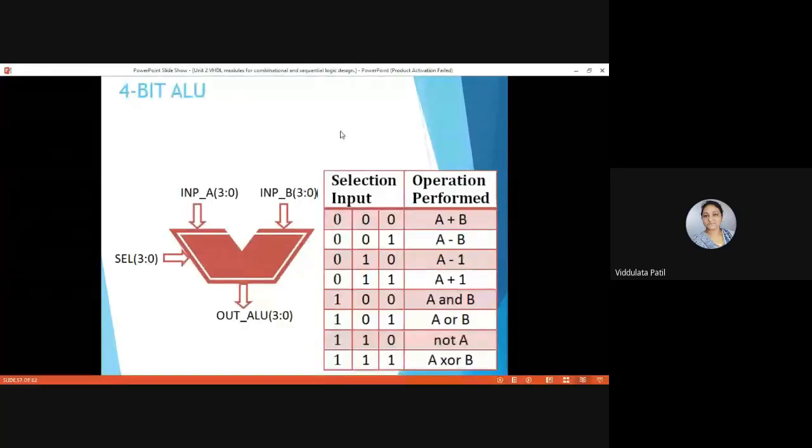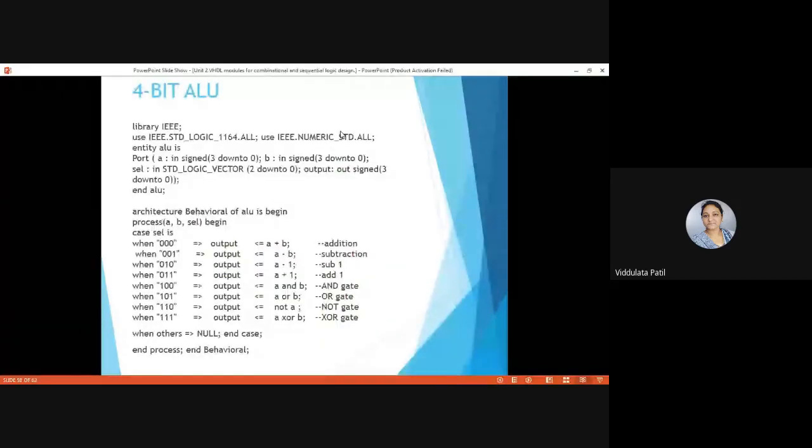Now let us see the VHDL code for this circuit. As we are going to write a VHDL code for this 4-bit ALU, as per the syntax, whenever we are writing a VHDL program, we need to first declare the library.